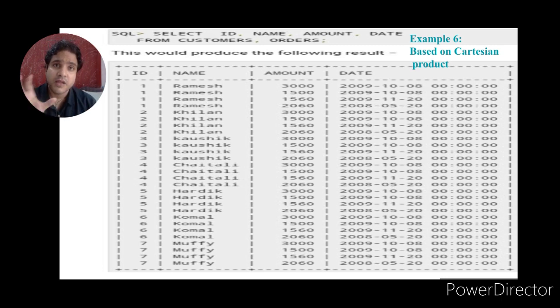Suppose the customer table has 7 tuples and the order table contains 4 rows. It means it will provide 7 into 4, 28 tuples, with the output from the selected attributes. We select four attributes: ID, name, amount and date. These are attributes from the 2 tables, and the 28 tuples will be shown.